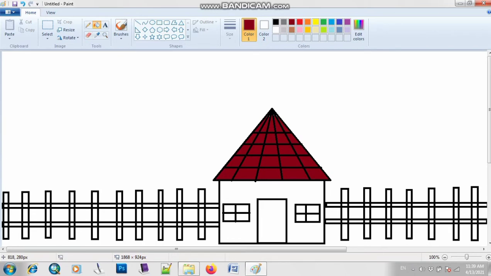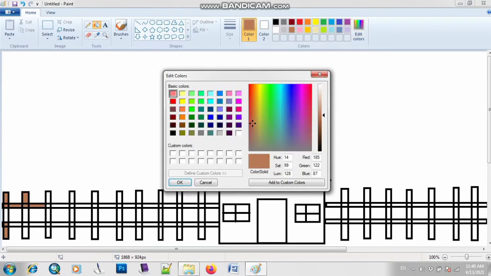Now if I want to use some other color, Faizan, can you tell me which tool I should use? Right, I have to use the fill with color tool again, and then you can pick some other color. Like if I pick the brown color, I will fill in these boxes. If you want to change the color, then you can choose some other color. Right, let me find a brown.